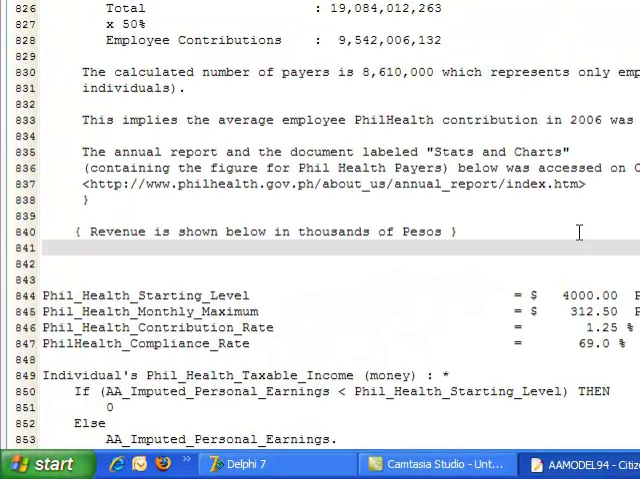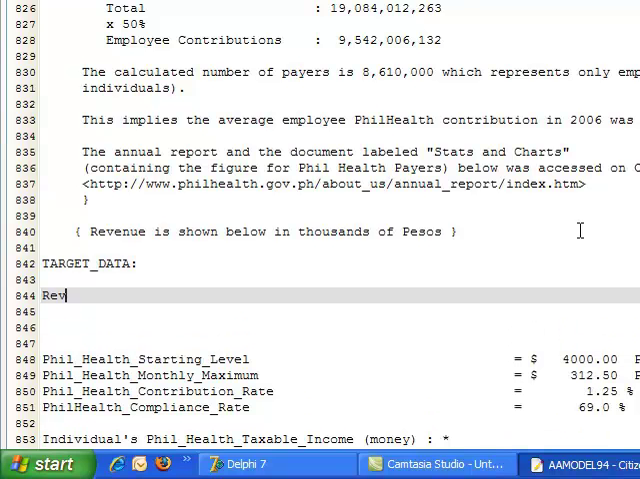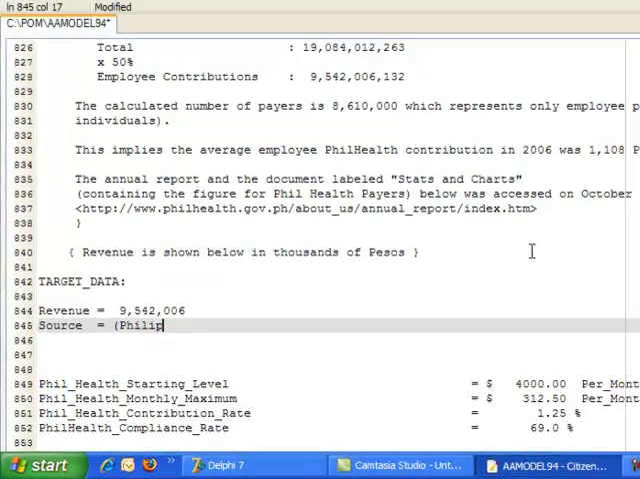And so here, under this little comment, revenue is shown below in thousands of pesos. I'm going to put a keyword, target data, and then I want revenue equals, and then the amount of tax revenue in pesos. This is just the amount of revenue shown in thousands, so it's 9,542,042 and 6,000 pesos. And the next thing is a reference note, so source equals, and then in brackets, Philippine